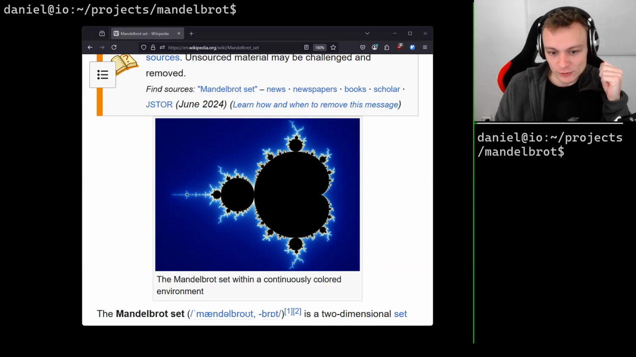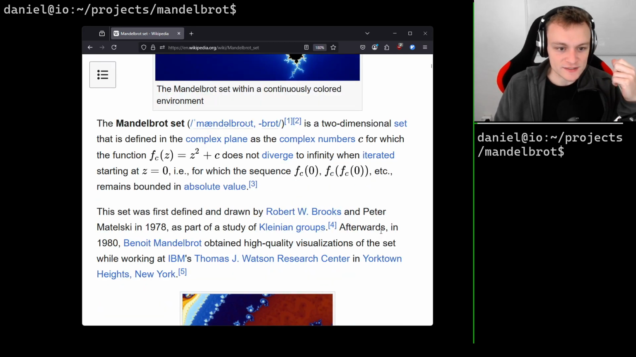Hello everybody, I would like to compute the Mandelbrot set in C from scratch today. And the Mandelbrot set is the structure that you see here. Probably all of you have already seen it somewhere at some point in your life. And it is defined as a